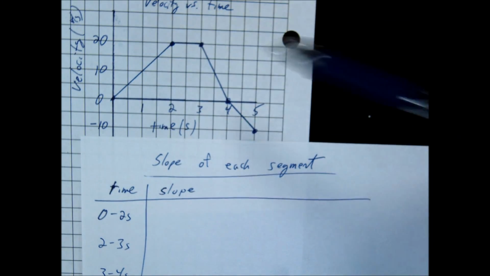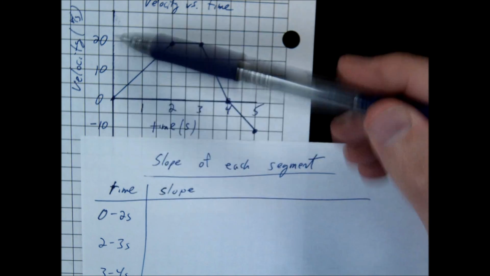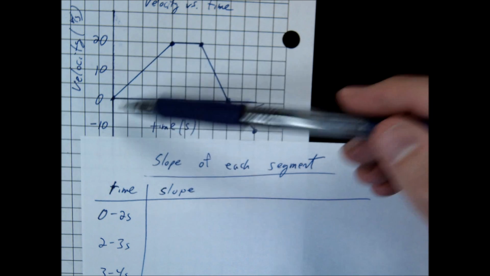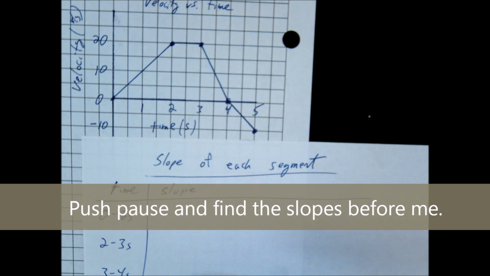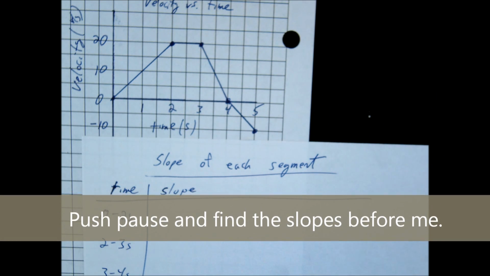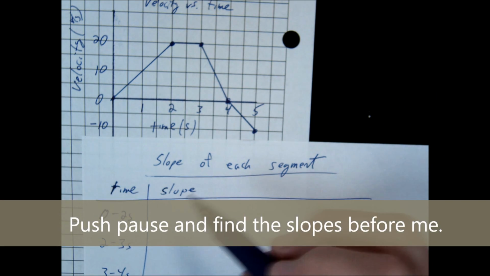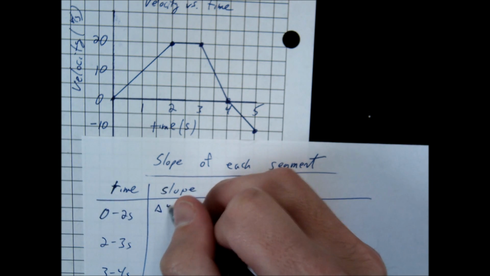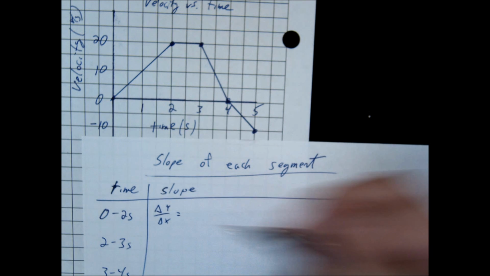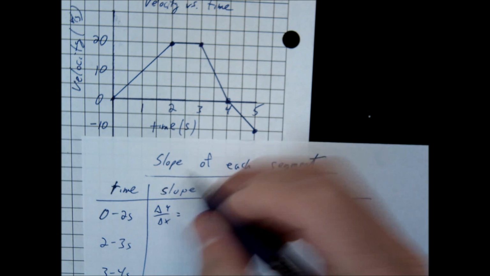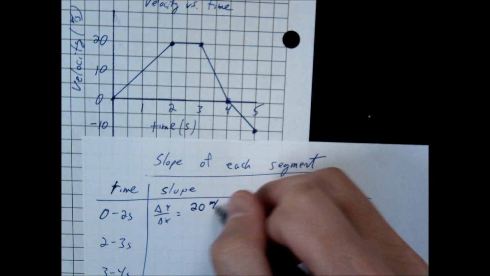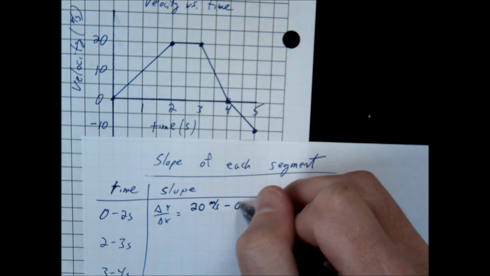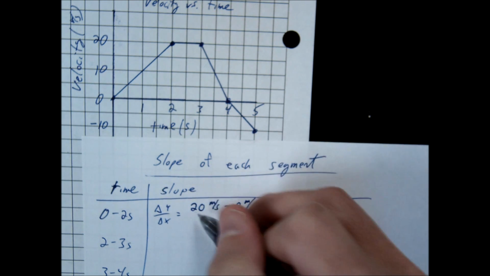Alright, so here's our velocity time graph. So velocity here, notice we do have some positives and negatives this time. And I'm going to now ask you to find the slope again, and also we're going to talk about the meaning of this. So let's find the slope first. Let's go 0 to 2. So again, we're doing delta y over delta x. Our delta y this time is going to be 20. Now this is a velocity, so the units are meters per second, minus 0 meters per second,